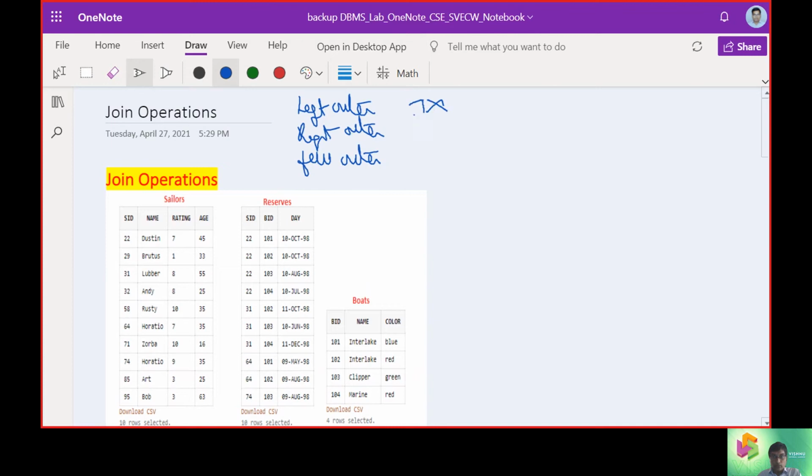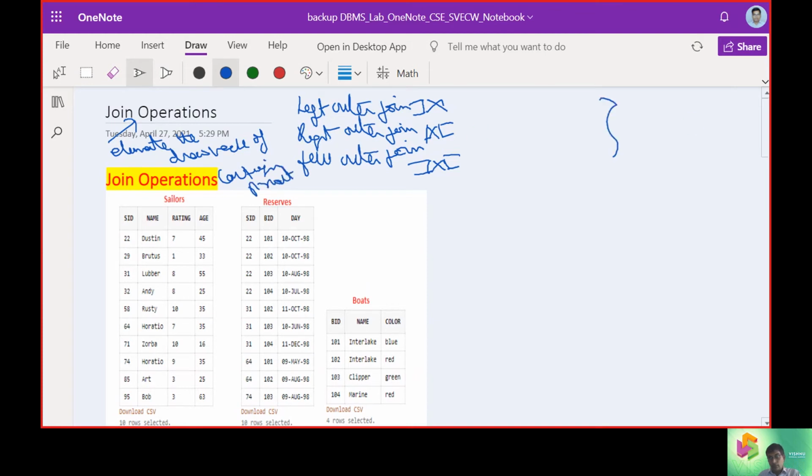So left outer join elements are towards the left, right outer join elements are towards the right, and full outer join will be including the things in both. These joins eliminate the drawback of Cartesian product.